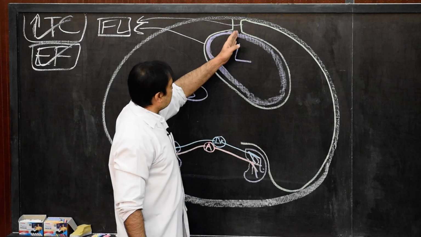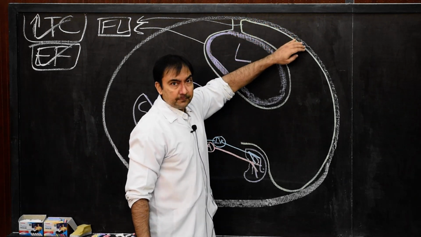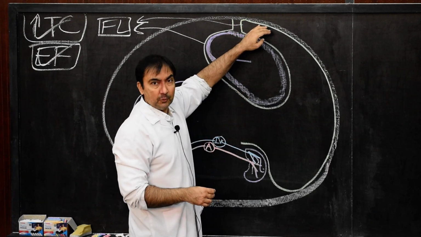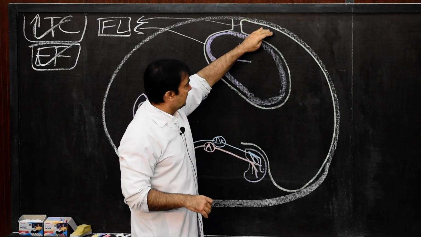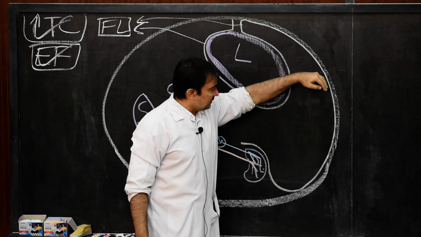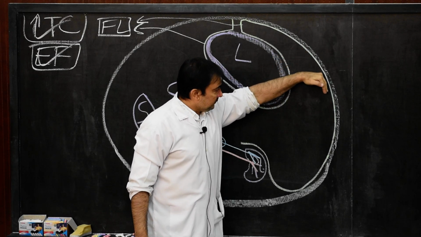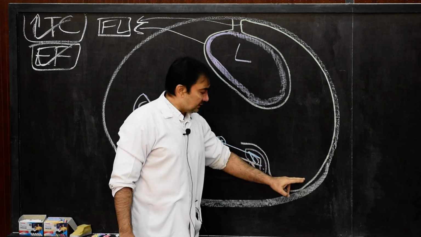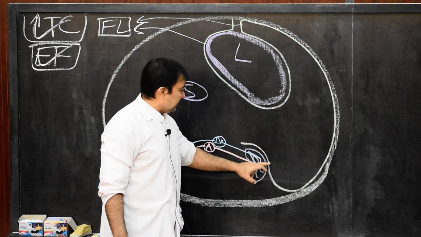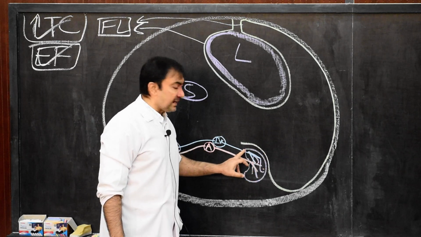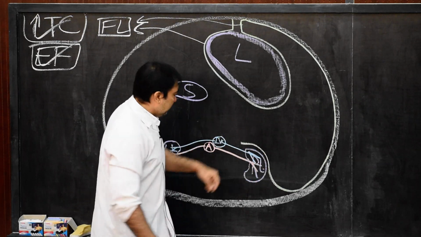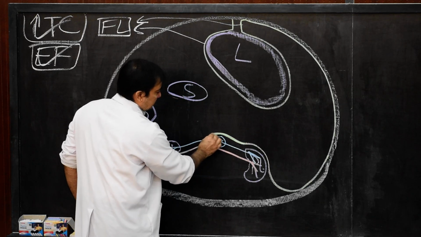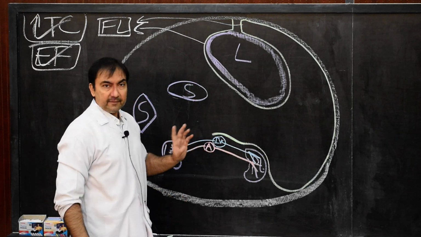So this is the parietal peritoneum which is reflected from the right margin of falciform ligament towards the anterior abdominal wall under the diaphragm and in the anterolateral abdominal wall. It will be lining the anterolateral abdominal wall, continuous lining. Then it will be reflected posteriorly in front of the right kidney. In front of right kidney, then it will be continuous in front of inferior vena cava.